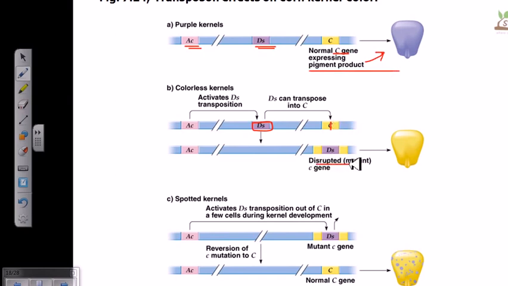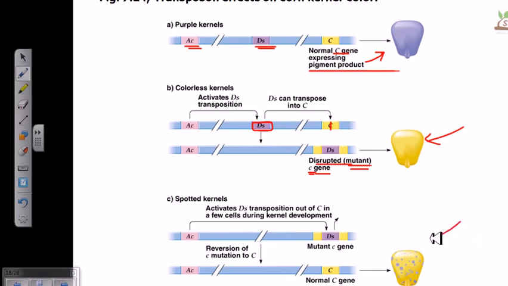As a result of this disruption of the wild type C gene, we produced a mutant C gene, which is a small c. As a result of this mutant gene, the color of the kernel changed from purple to white. So this is another important thing. This is happening for the normal purpose when you find white colored kernels in most cases. So this is the dissociation transposable element, which is transposing from its own place into the C gene to change the color. This is a very important conclusion.